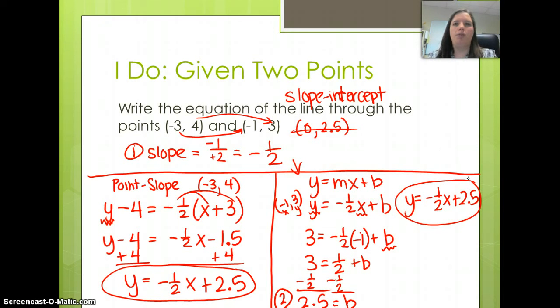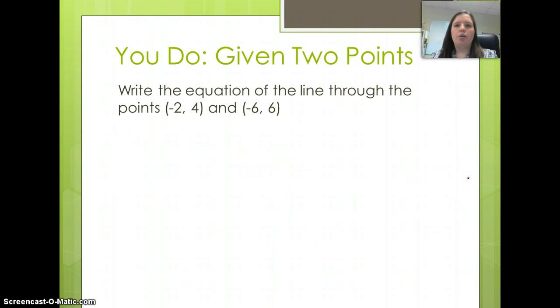Do you have to use both? No. Do you have to feel comfortable with both? No. Personally, the point slope method is going to be much more straightforward and much more just using the knowledge that you already have, which is easier to build off of. So here's one for you to try. Pause it and try it. This is the end of the video, but answer-wise, if I find my slope